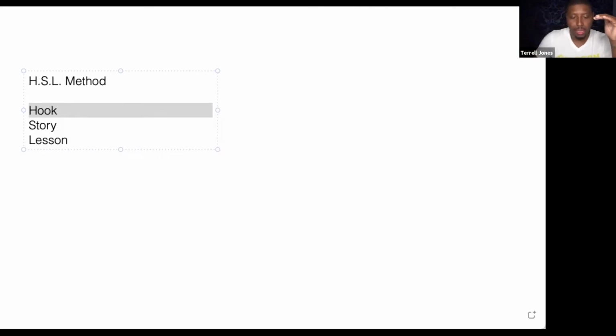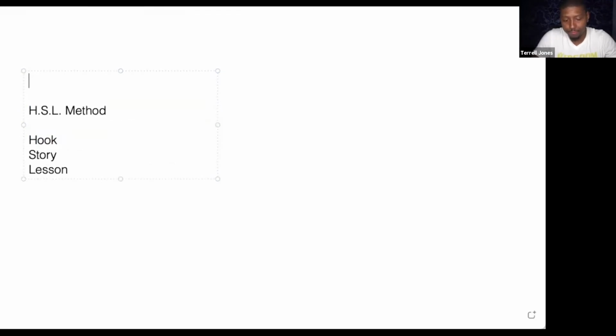Before you go through the HSL method, and maybe I should have put this as what you should know, you need to have a principle, or principle slash topic. For example, when you go through the playbook, you know how we say list your 12 topics inside of the playbook? You can easily take one of those topics or principles and use it as the topic of a video.